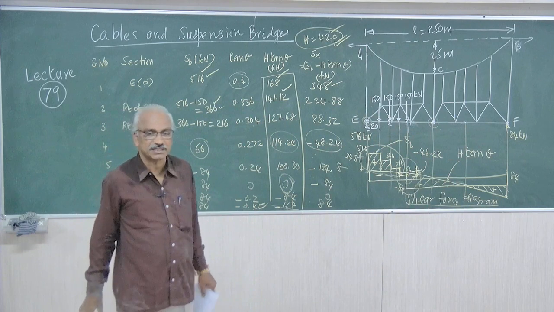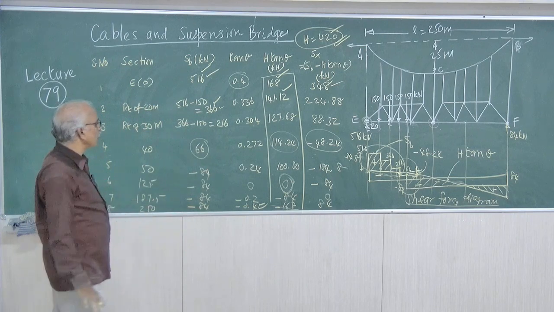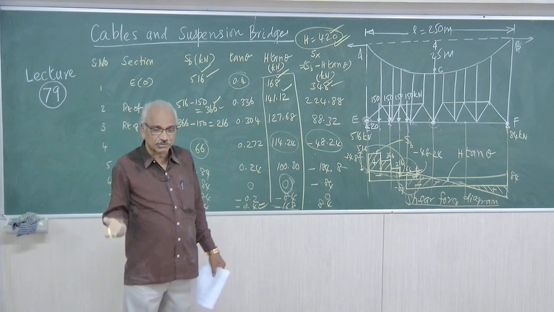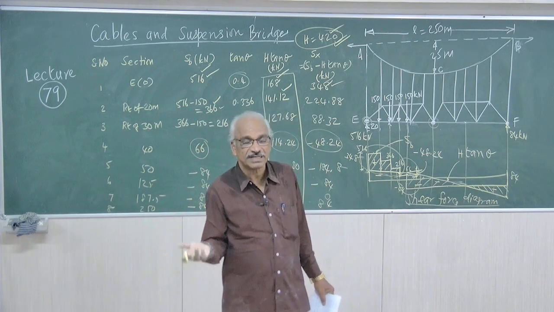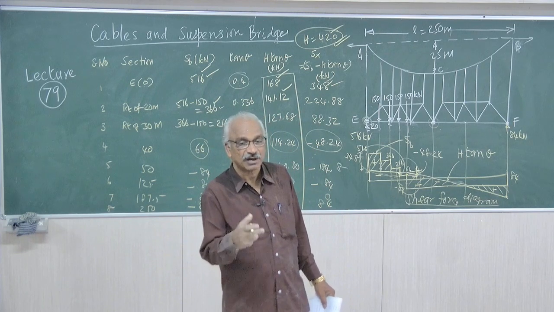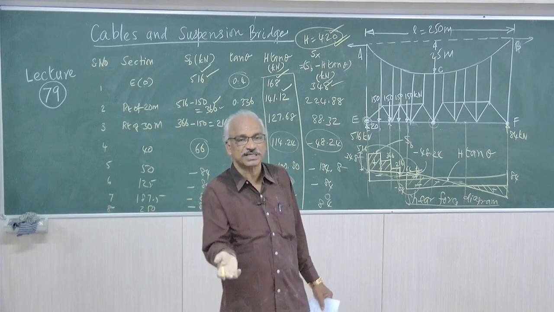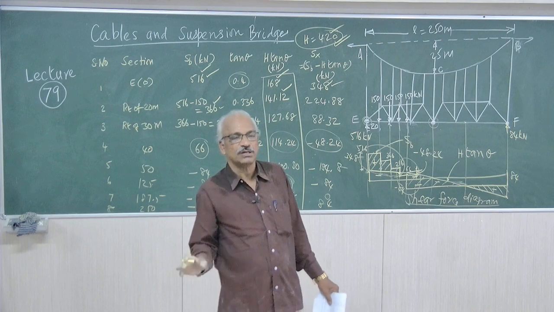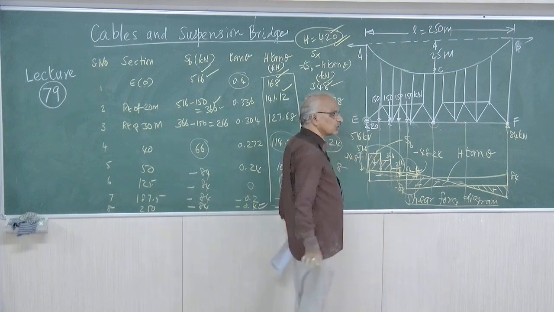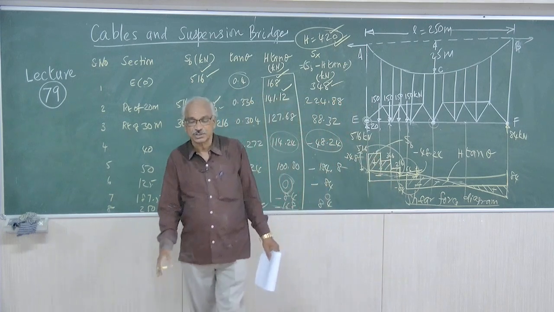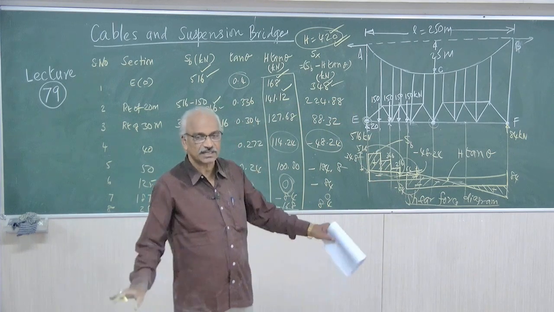I think this will give a complete picture about how to draw the shear force diagram, how to systematically do the calculations for bending moment and for shear force, what is mu x, what is H into y in the bending moment diagram, what is SB, what is H tan theta, and how tan theta becomes negative beyond half span, where L minus 2x becomes negative. All those values you have to be very careful about. If drawn to scale, there is no confusion, but we cannot always do it to a scale, so comparing with the table you have to carefully draw the diagram, and that will be sufficient.